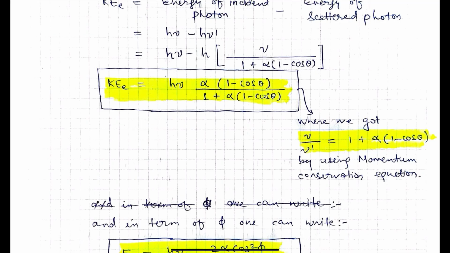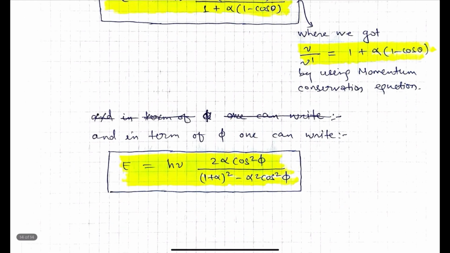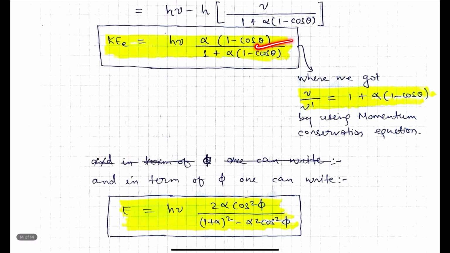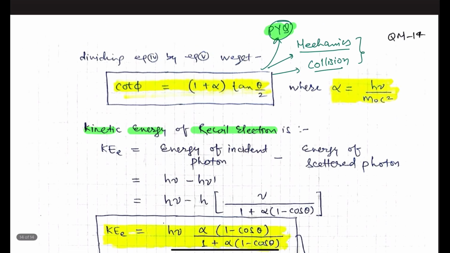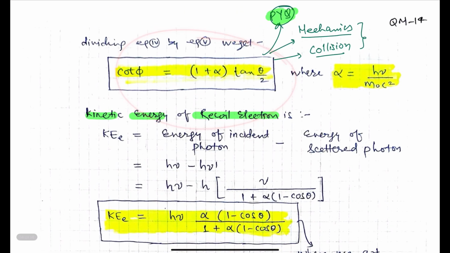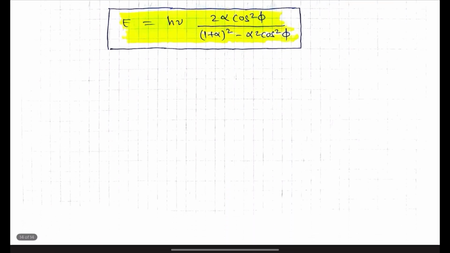So finally, the kinetic energy of the electron is h nu multiplied by alpha, which is h nu upon m naught c square, multiplied by 1 minus cos theta divided by 1 plus alpha multiplied by 1 minus cos theta. Okay, and here we have written it in terms of theta, but in terms of psi you could write it like this, that is h nu 2 alpha cos square psi divided by 1 plus alpha whole square minus alpha square cos square psi, and to do that we have used this particular interrelation in between these things. Okay, so